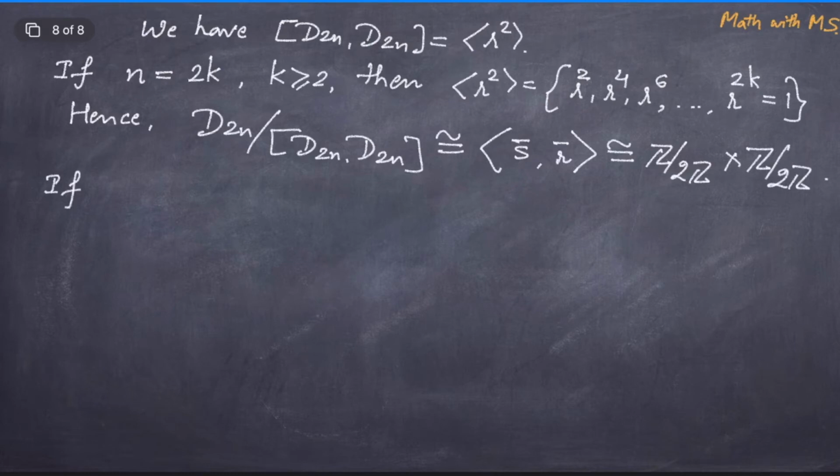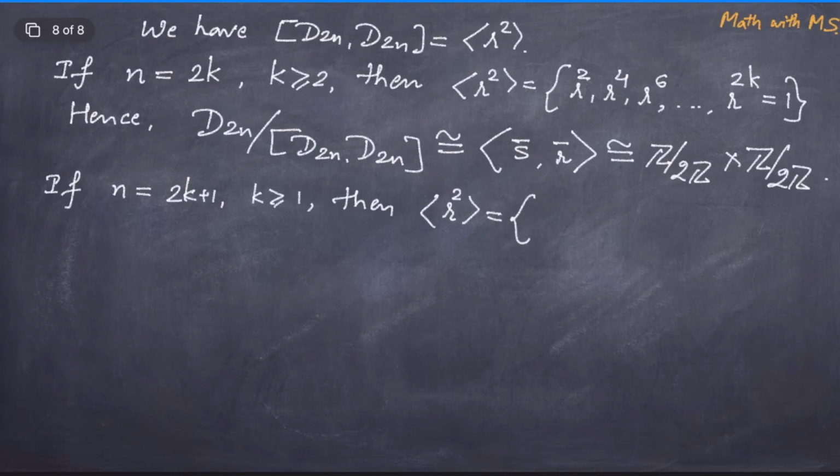And if n is odd, let us say n equals 2k plus 1 for k bigger than or equal to 1, then one can check that the subgroup generated by R squared in this case will be the whole of the cyclic subgroup generated by R, because you will get even powers R squared, R to the power 4, and so on, and then you will go all the way up to R to the power of 2k, and then you will go to R to the power 2k plus 2, but R to the 2k plus 1 vanishes, therefore it will be R, you retrieve R, and then when you multiply by R squared again, it will be R cubed, and so on. Okay.